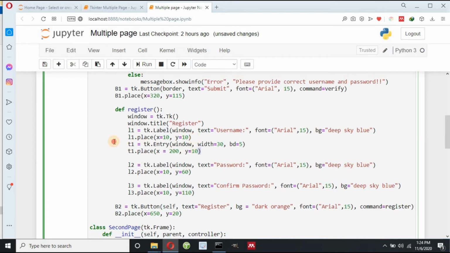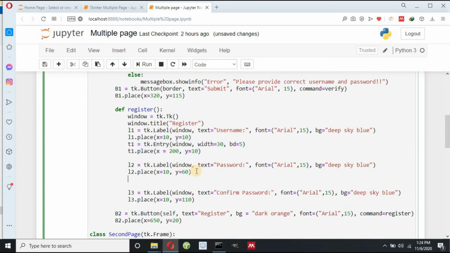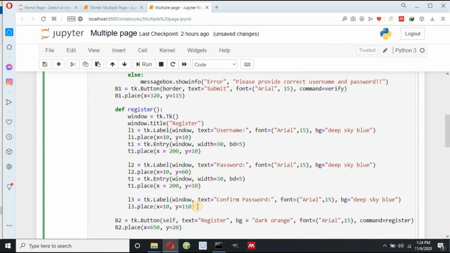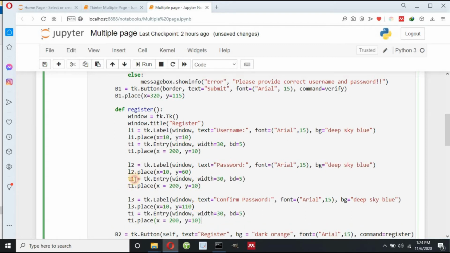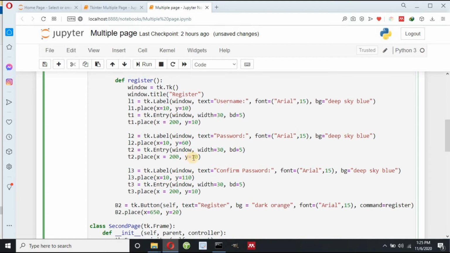Now let me copy this, Ctrl C, and paste here Ctrl V, and then again Ctrl V. Now let me change this t1 to t2 and this t1 to t3, and then this y value to, suppose, 60, same row, and y to 110, same row.